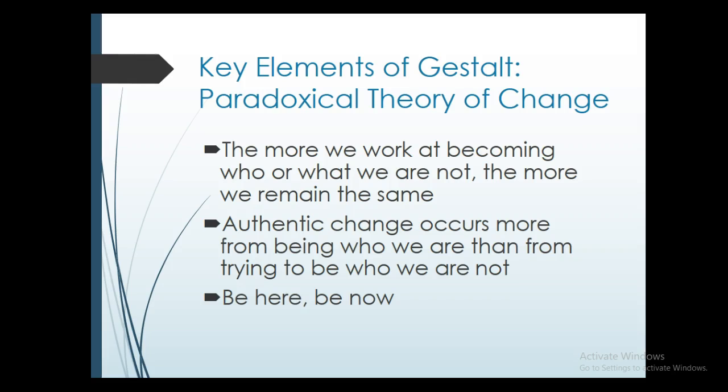So one of the key elements of Gestalt is what they call the paradoxical theory of change. The more we work at becoming who or what we are not, the more we remain the same. And the idea is that authentic change occurs more from being who we are than from trying to be who we are not. So when I was an academic advisor, if you did not know that,